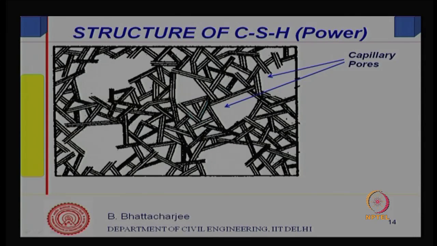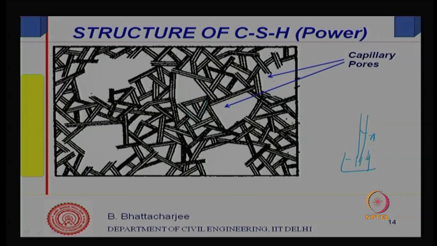In these, water can enter by capillary suction, because of the surface tension forces. As you know, at the interface there will be surface tension forces, like when you dip a capillary into water, there is capillary rise,